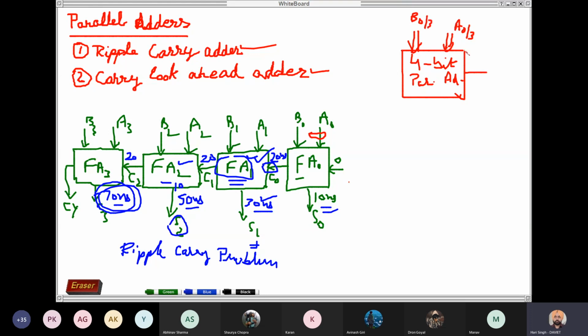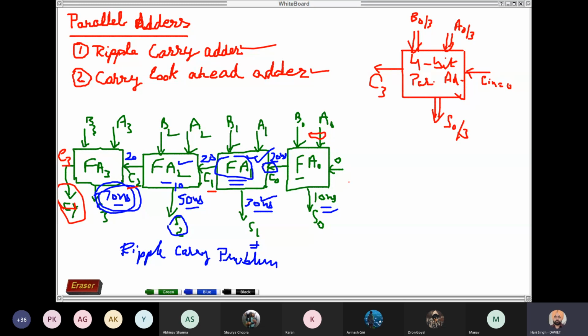Okay, one carry, initial carry, that is say C in, equal to 0 is given. Output will be the sum output, which is S0, S1, S2 up to S3, and one carry will be provided. So here we represent the carry, you can simply write it as C3, because within this circuit the carries generated are C0, C1, C2, and the final carry is C3.